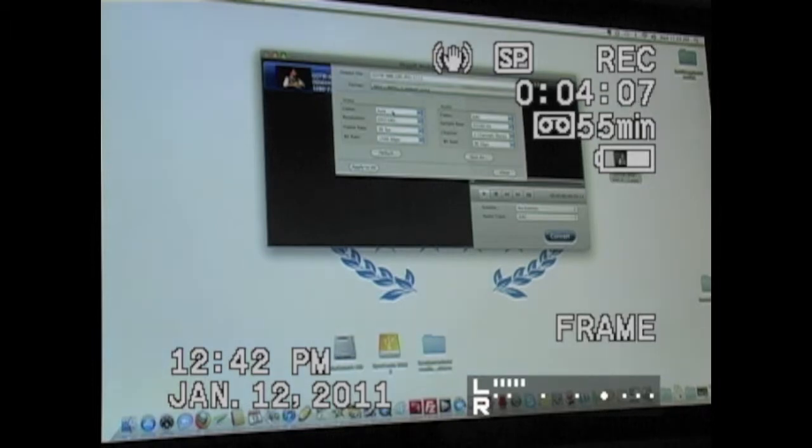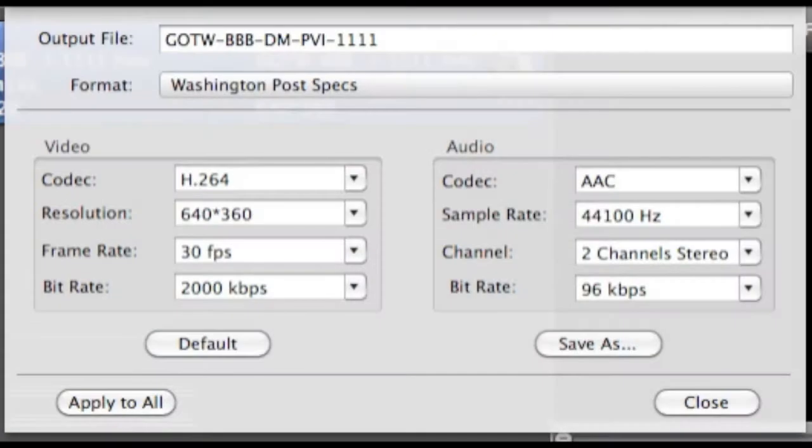Underneath that, you will have some specs, and we're going to create those so that they're specifically created for our main client, WashingtonPost.com. XVID is the codec. That's what it'll default to. You're going to change that on the drop down menu to H.264. Okay, right here underneath that in the resolution, the second option, you'll have to actually type it in, and